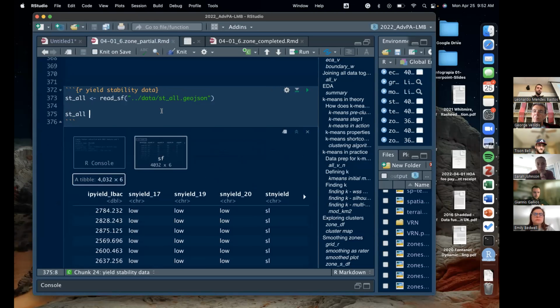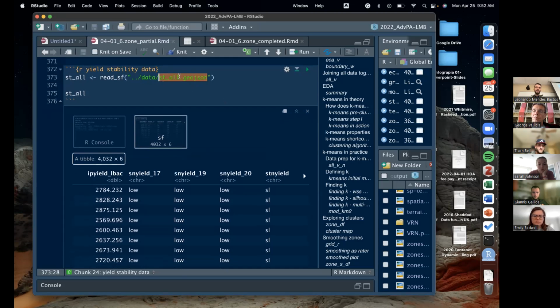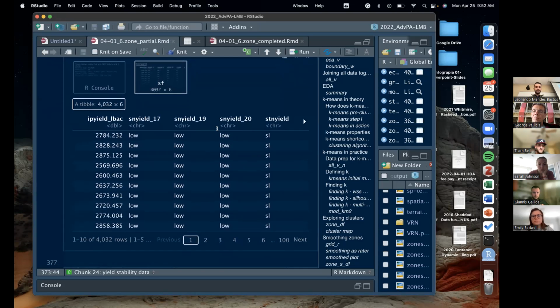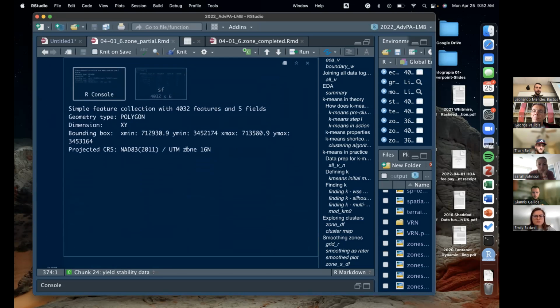If you had any issues, it's probably because maybe you saved in a different folder, maybe your folder structure is different, maybe you saved it as a different name, but hopefully you were able to bring this in. We created this data set at the end of that spatial temporal variability exercise. So I imported this here, just quickly checking,